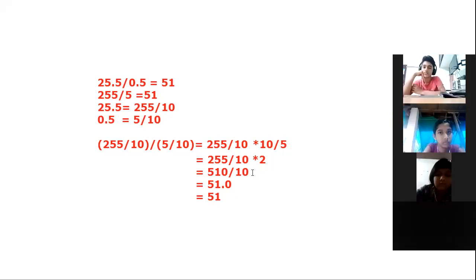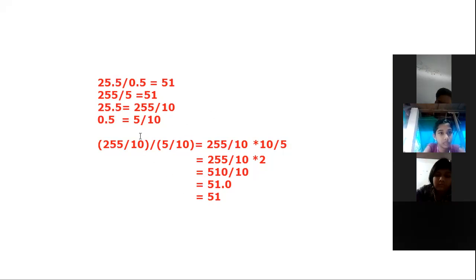Okay, so in this case, we have divided two decimal numbers. In the case of division of two decimal numbers, you only have to check how many digits after the decimal point are there in both the numerator and denominator. If there are the same number of digits after the decimal point, you have to divide them as whole numbers itself. Okay. For more examples, there is another question for you.